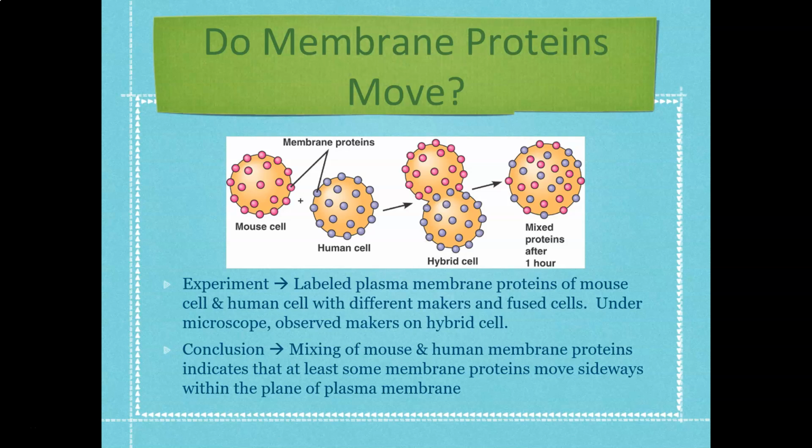If those membrane proteins weren't able to move, hopefully you were able to come up with the fact that one side of this would be pink, the other side would be purple. All right, these would all be the mouse proteins, these would all be the human proteins, and there would be no intermixing here. But that's not what happened. We were able to see that things were all mixed together, which gave us the ability to